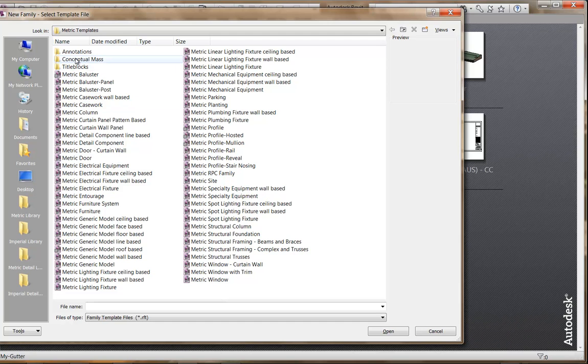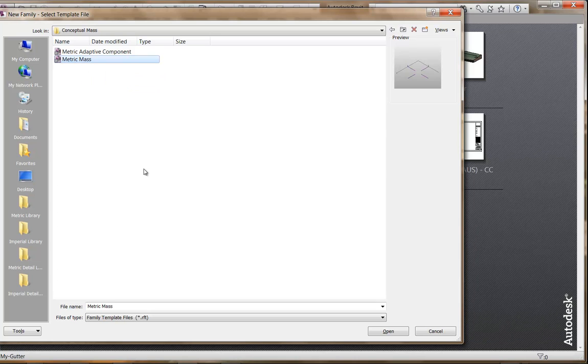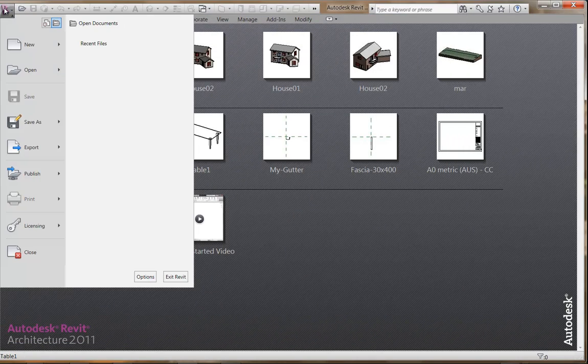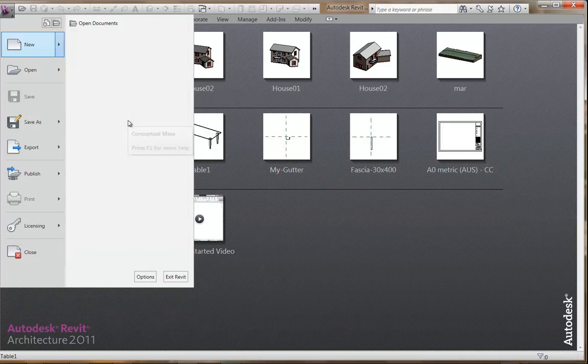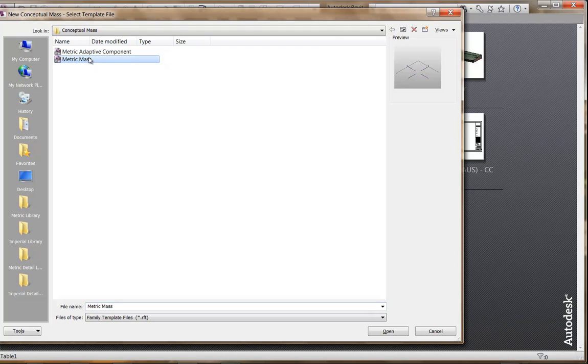Now, I could have gone to a different option on the menu there. I'm going to go to conceptual mass here and I can choose metric mass. But if you haven't used that family type before, just so you know, probably a more straightforward way is to just choose conceptual mass from the sub-menu there and it'll take you right to that folder. Now, with these, metric adaptive component and metric mass look similar, but adaptive components are a lot